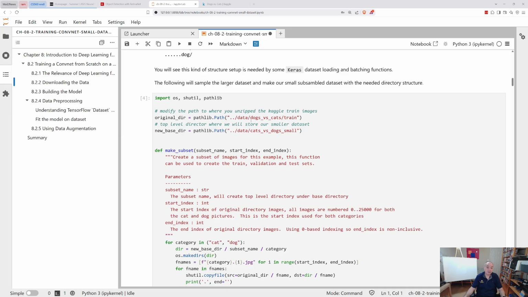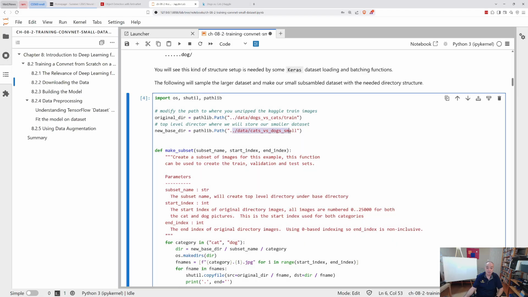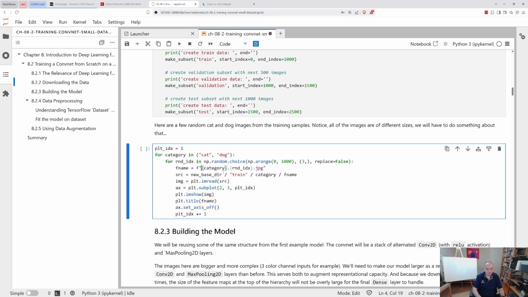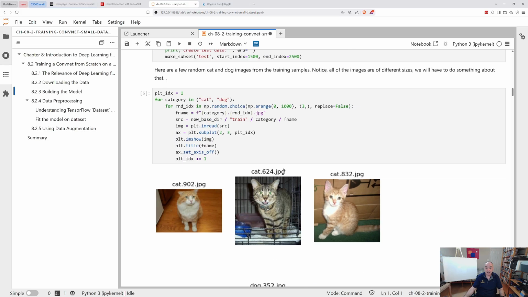So if you need to put these in some different location, just change these paths to point to where the data is that you unzipped, and the location where you're going to put it. All this notebook is going to assume, when we create our TensorFlow dataset object, that this path here, new base directory, has that structure so it can flow in the images. Okay? So real quickly, just a few random, so three random cats from the training set,